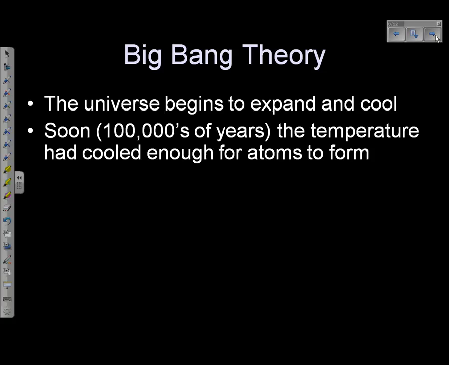And then it cools down a little more, and then it starts forming atoms. Because if everything is so hot, will atoms form? Will anything structured form? Because if it's so hot, what happens when things get hot? They move, right? And if they move a lot, are they going to stay together in the form of an atom? They're not. So right after the Big Bang, there really aren't atoms. There's just a bunch of energy.